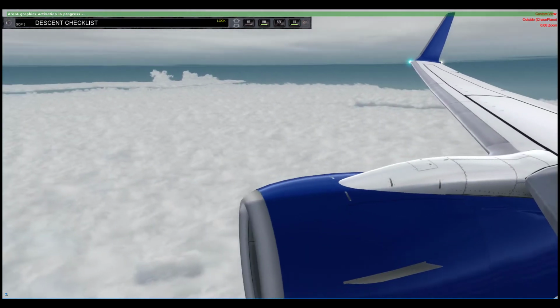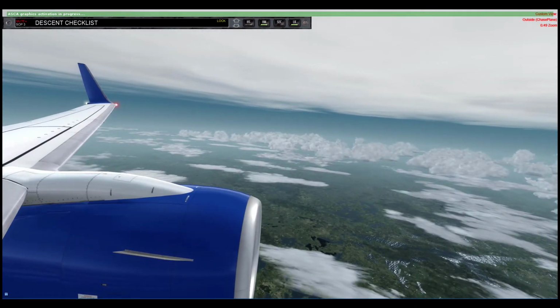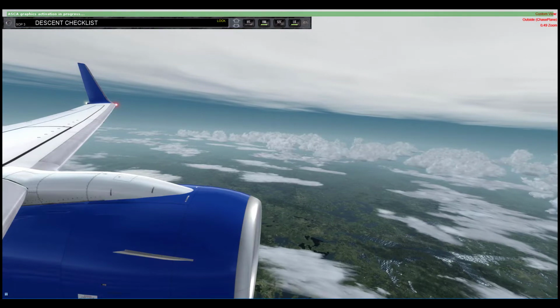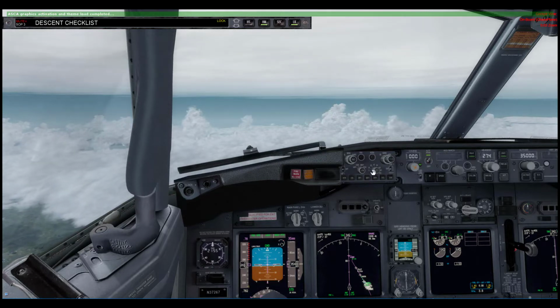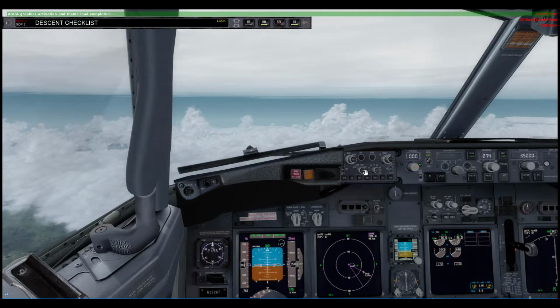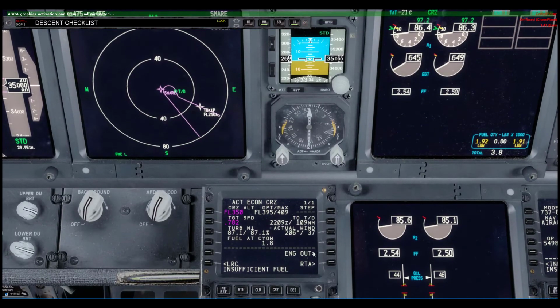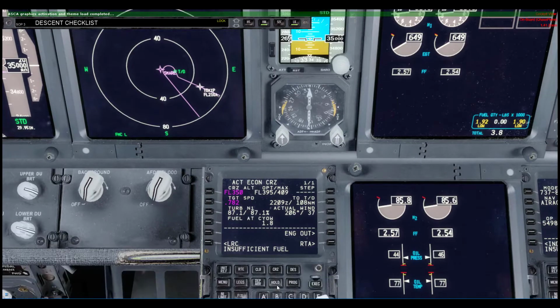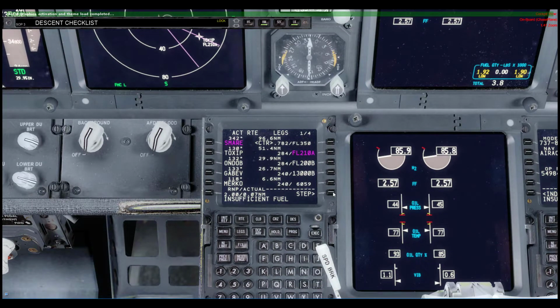But I know what we're really looking forward to is how we stick this landing. So our navs are already in. I guess what I'll do is I'll give you a quick show of that. Let's put this on plan. Come down here. Insufficient fuel. I think I was sitting on the ground too long looking at things. I'll have to add a little bit more. We'll just ignore that. But going back to legs, if we step through,